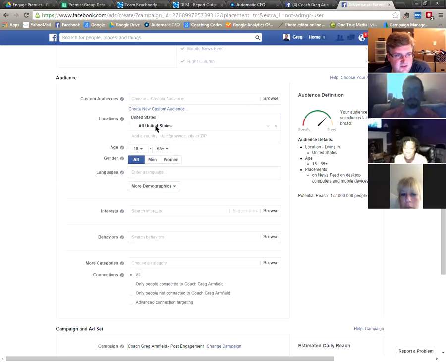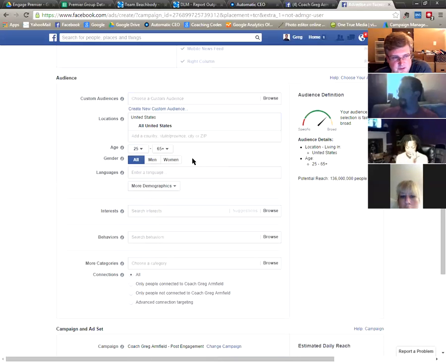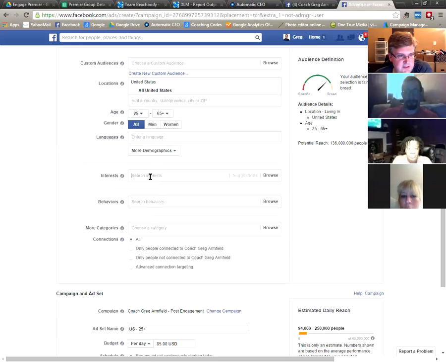But I don't have to do that. I could put in countries that I want to target. Obviously we always want to target the United States, maybe Canada, right? Typically, I'll increase the minimum age up to maybe 25, and then 65. You can target just men or women, different languages, and then interests.